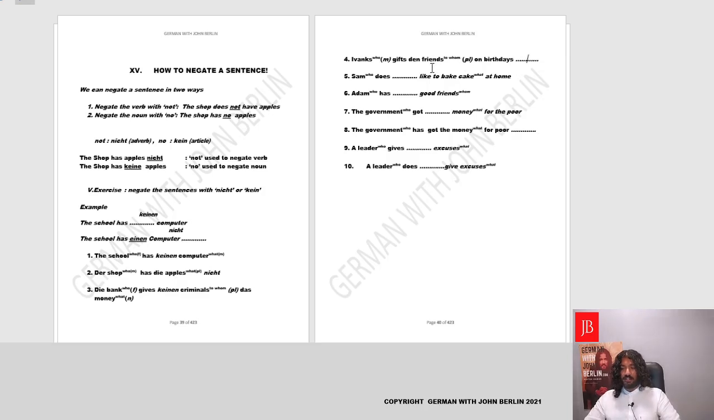Now this is Ivan's gifts to the friends on birthdays. Okay, so Ivan's does not gift to the friends on birthdays. So we are negating the verb gift with the adverb nicht. Perfect. Sam does dash like to bake at home. So Sam does not like to bake cake at home. So basically we are negating the verb bake. So we need the adverb nicht, which is not. So you could put the